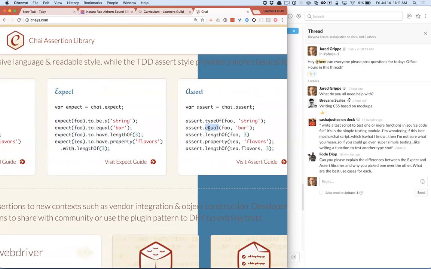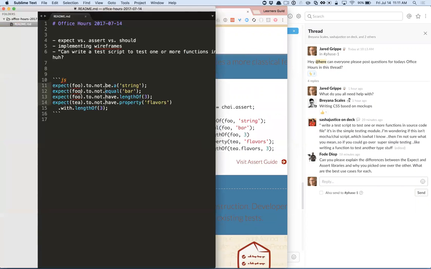Expect it to not equal. There's probably a not equal, right? They may. I actually don't know. I don't use assert, so maybe they also do have a dot not, and maybe this is moot. But I really like that part of expect. I pretty much always use expect. Yeah, it makes the most sense to me. Cool. So that's my spiel on that.